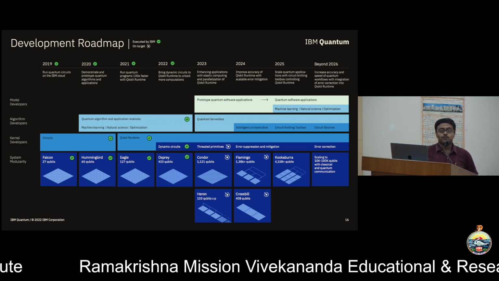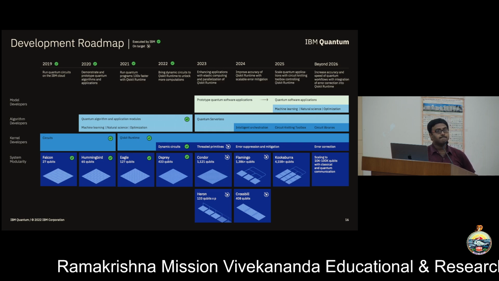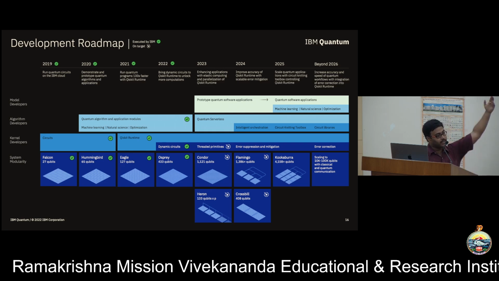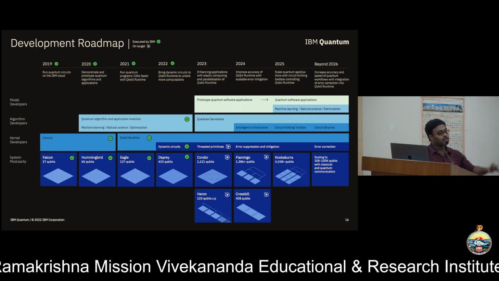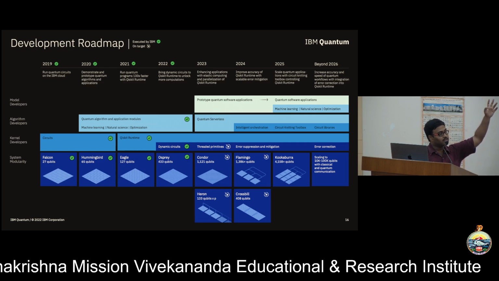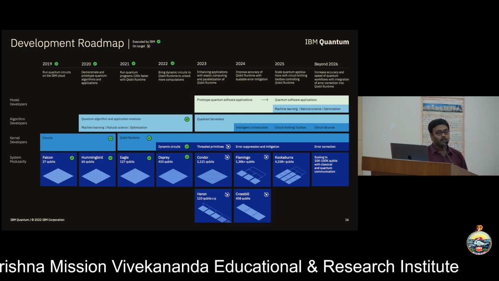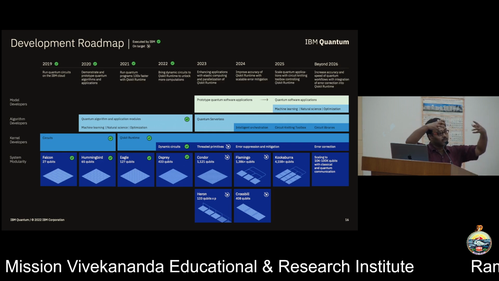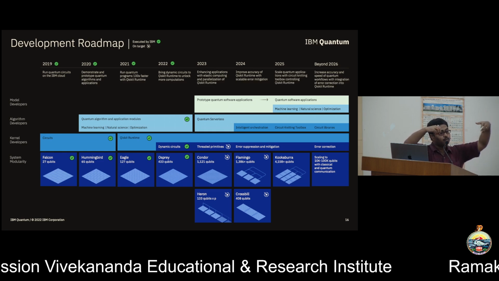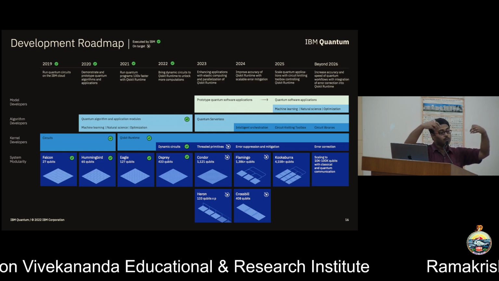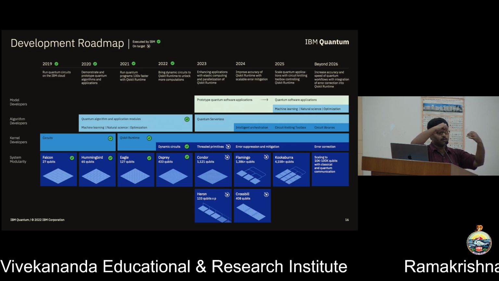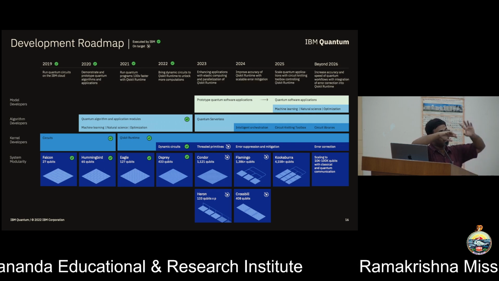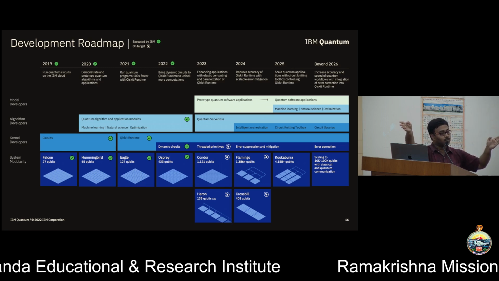Very recently, around 3 months back, there was a paper from IBM and Riken in Japan. Riken has one of the best supercomputers, I think the second fastest or something, and IBM has a quantum device. They showed that if you put these two things together, doing some part in quantum and some part in GPU, you can simulate the ground state energy of molecules, which is not doable by GPU alone or by quantum processors alone,